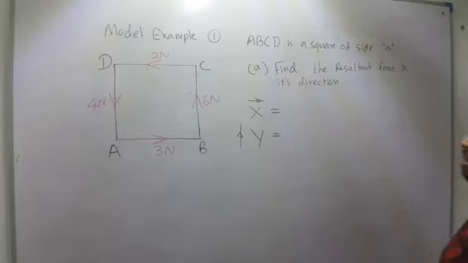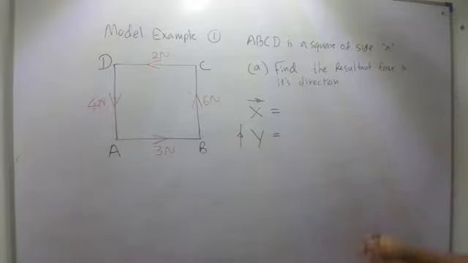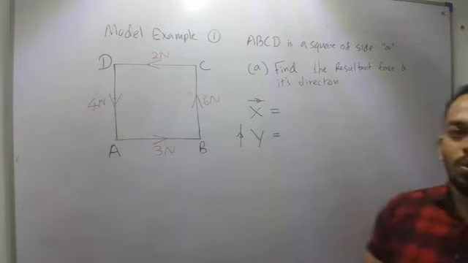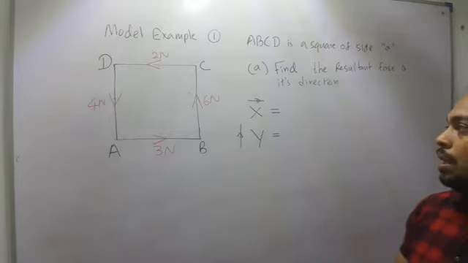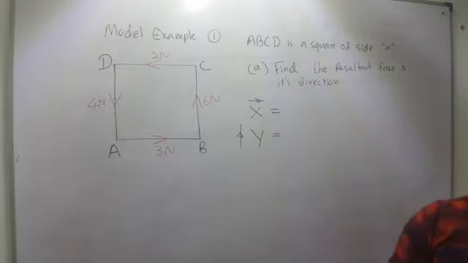So to find the resultant force, you need to know the components first. If you know the components, then you can find the magnitude of the resultant force. Then after that, you can find the direction. So now pause the video here and try to do it by yourself. Then check the result afterwards. Okay, so